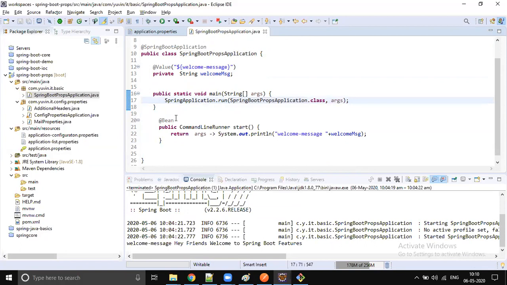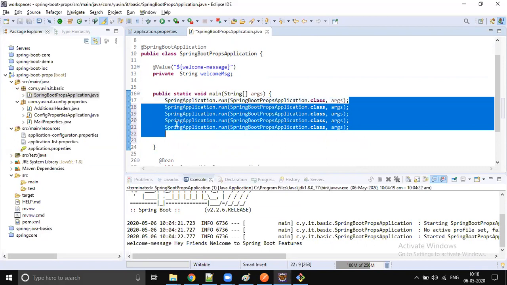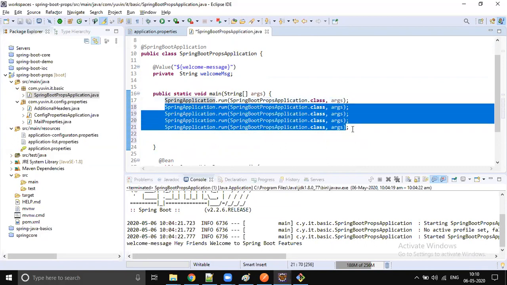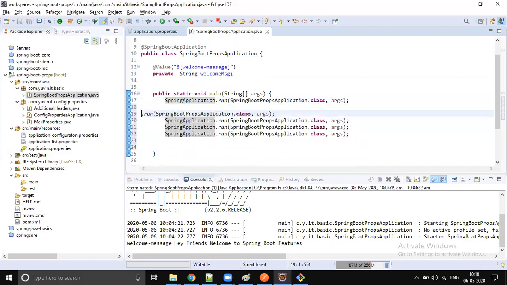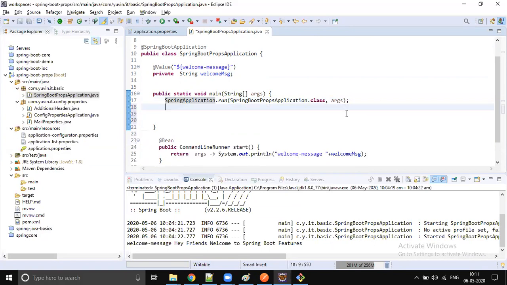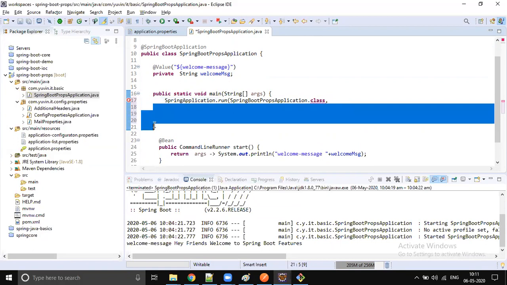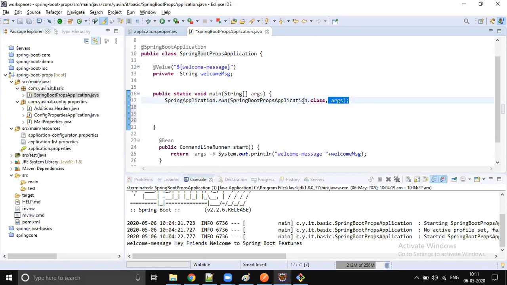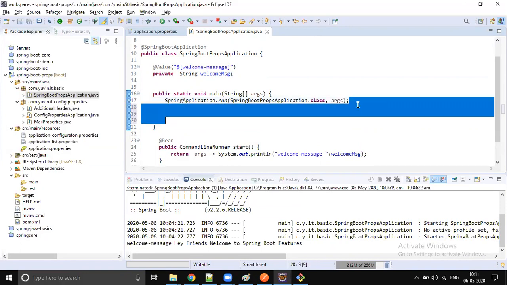Do you get what I'm trying to say? Yes, I got it. It is like a repetitive task, only configuration. Why can't the Spring people take care of this? Why are we writing even this one line of code, writing a main method and passing the primary class? By configuring the annotation itself, we are indicating to Spring that this is my primary class.